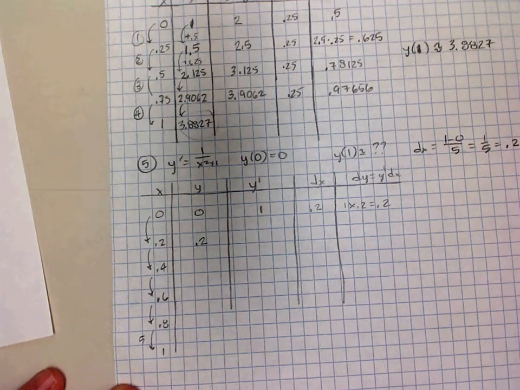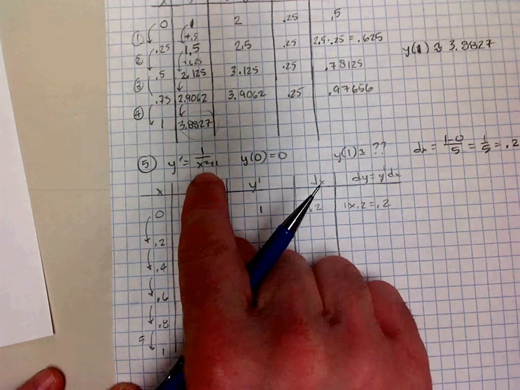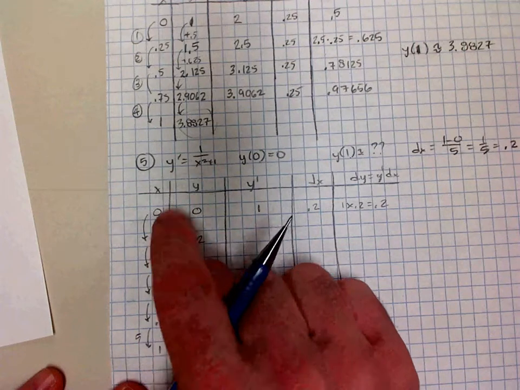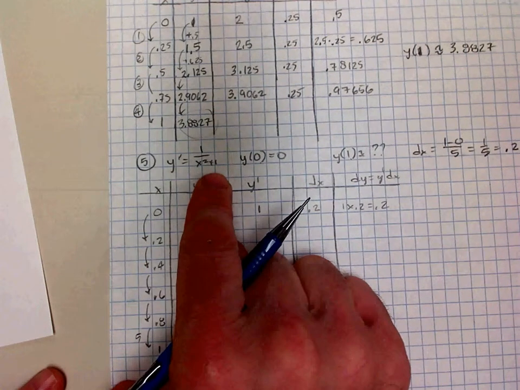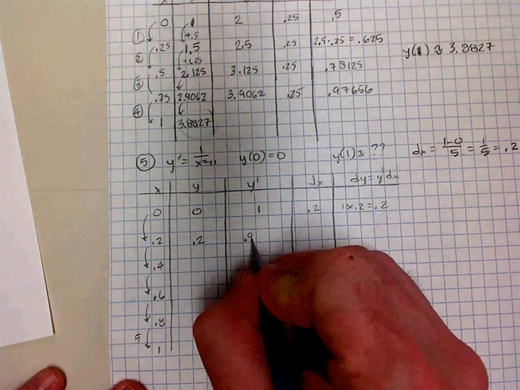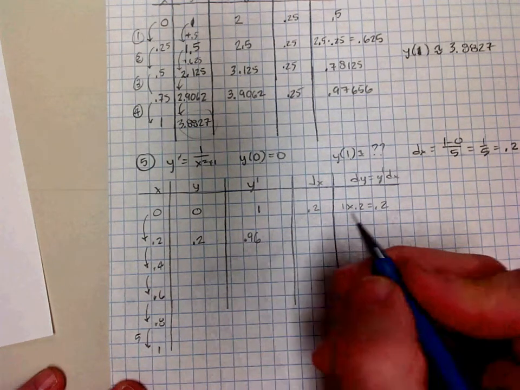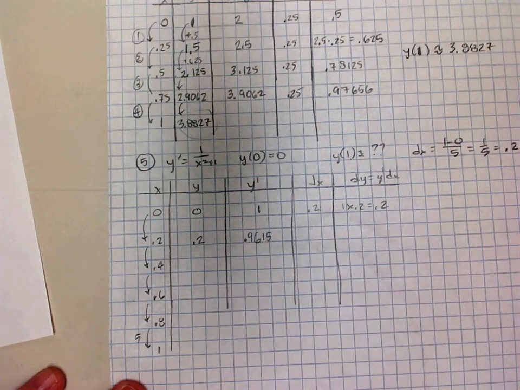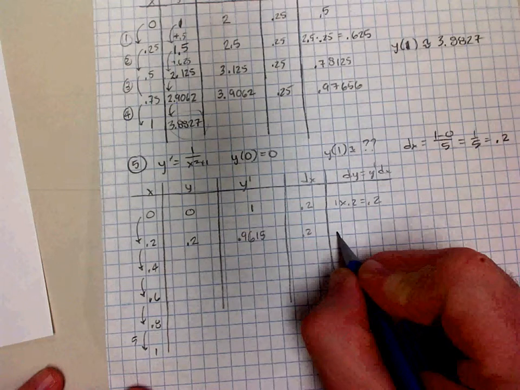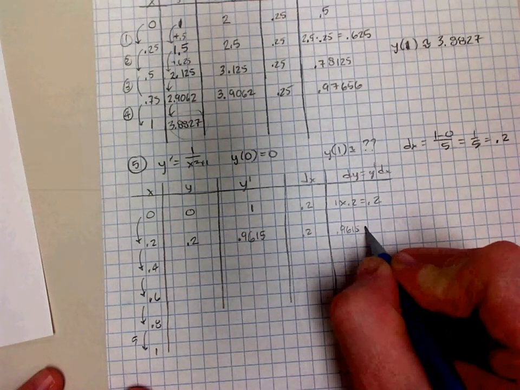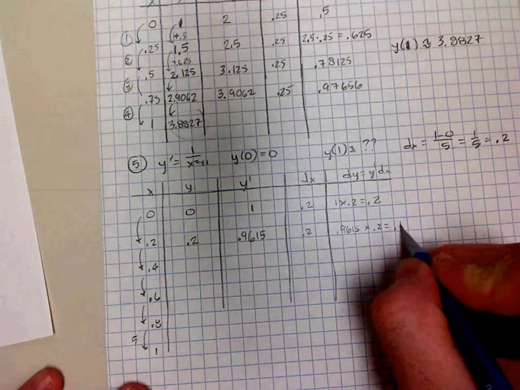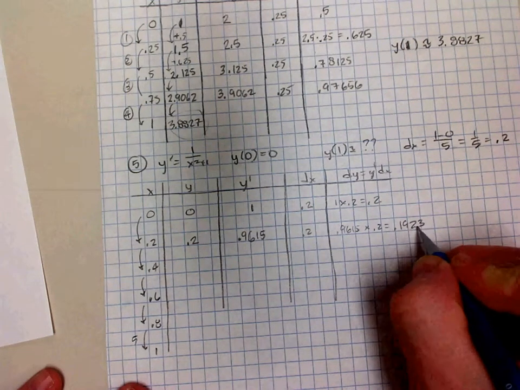I need my calculator here for this one. We're going to put in 0.2, square it, add 1, and then find the reciprocal of that. This ends up giving us 0.9615. dx is still 0.2, and now we're going to take 0.9615 times that 0.2, and this gives us 0.1923. Add that to 0.2. This will give us